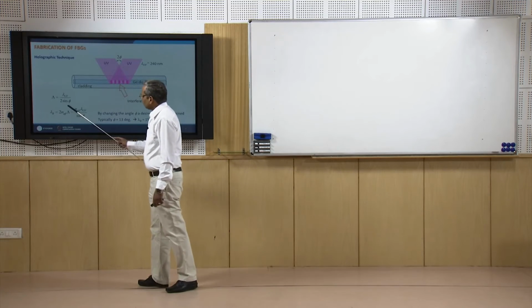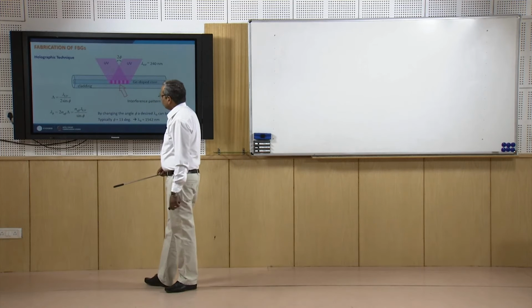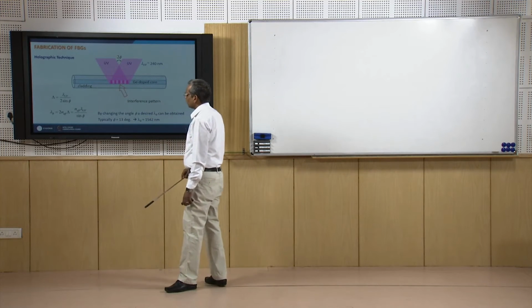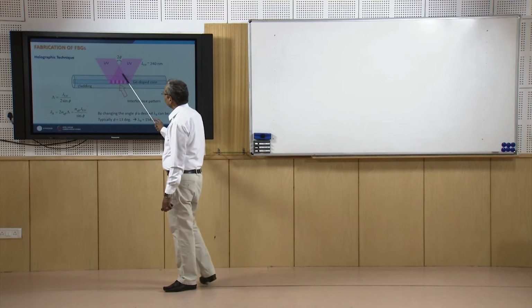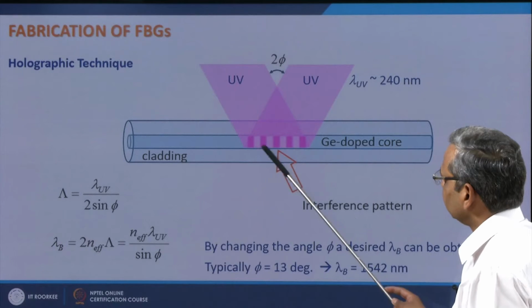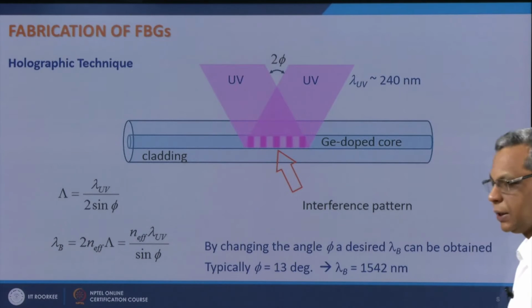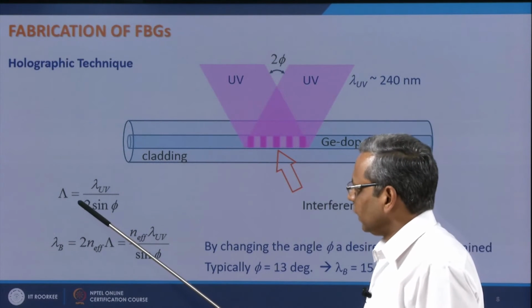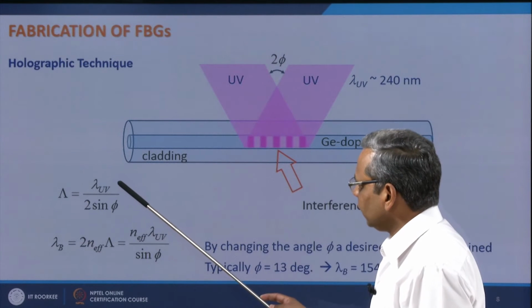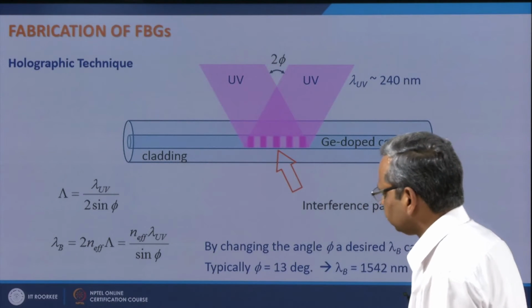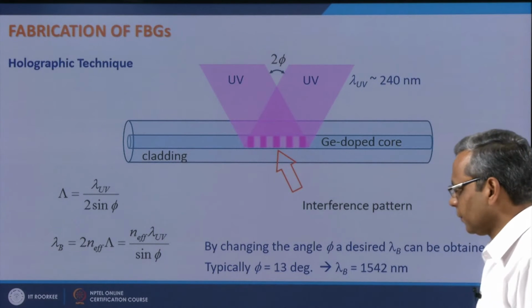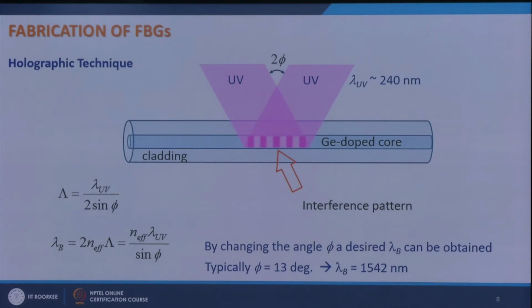The periodicity of this grating can be tuned by the angle between the 2 beams, because this angle between the 2 beams will give you the spacing between the fringes, and it can be given by capital lambda is equal to lambda UV divided by 2 sin phi. So, if I change this phi, I can change the periodicity, and if I change the periodicity, then I can